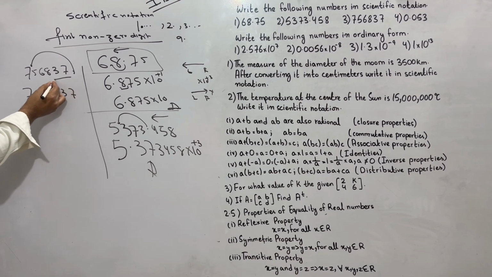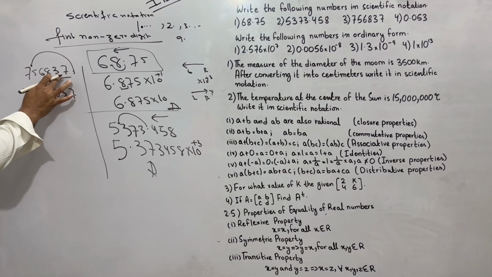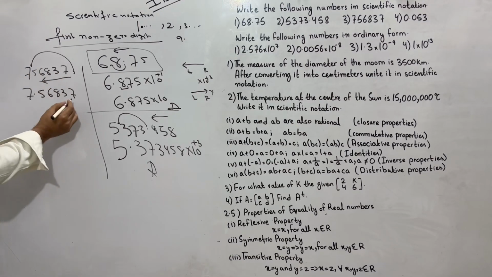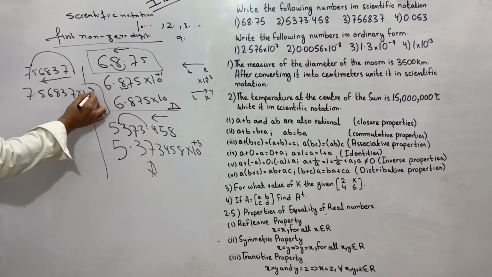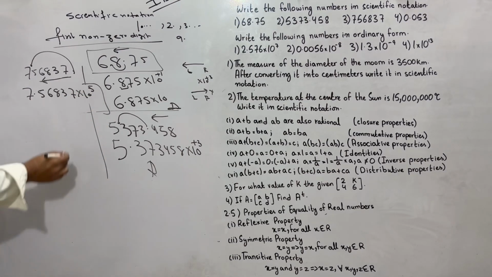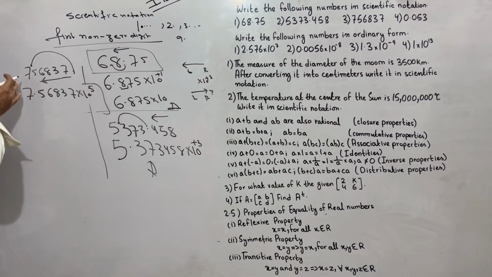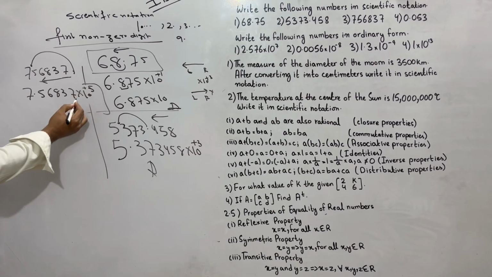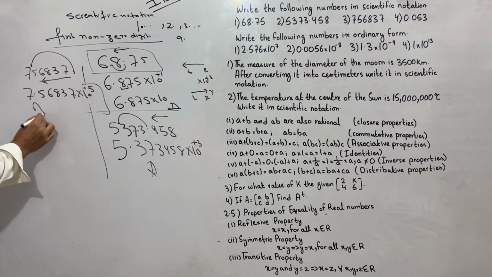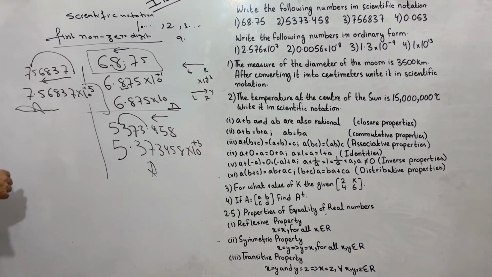7.56837. How many digits has the decimal traveled? 1, 2, 3, 4, 5. 5 digits, which means we raise 10 to positive 5, from right to left. If the decimal point's journey is from right to left, we introduce a positive power. So our answer is 7.56837 times 10 raised to power 5. This is known as